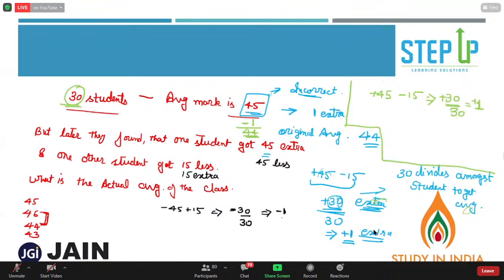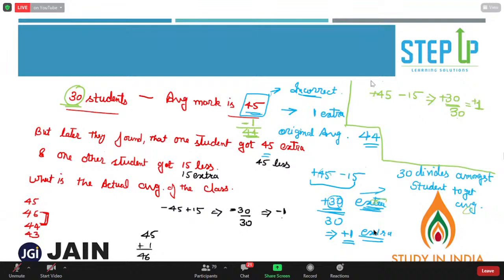All right. In that case, you need to add plus 1 to this. 45 plus 1. 46 will be your answer in that case, because what mistake the teacher had made, the teacher forgot to add 45 and added 50 extra. So basically the teacher did not add this 30. So if the teacher did not add this 30,